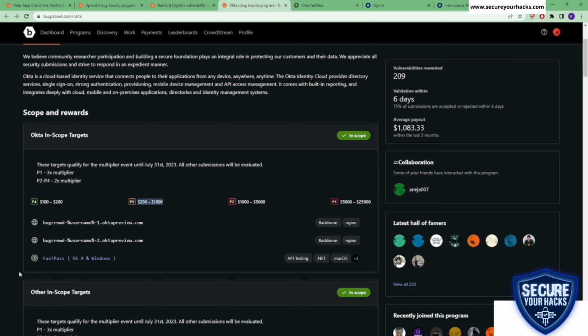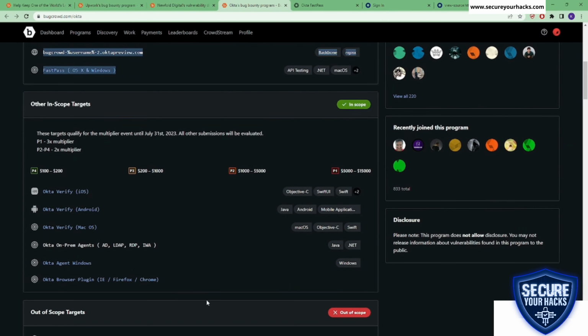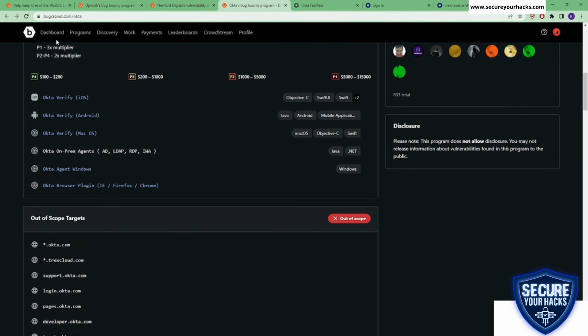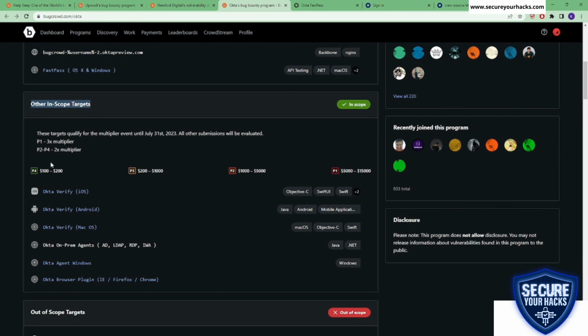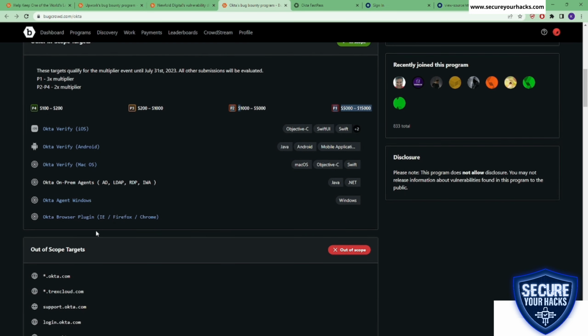You won't be getting less or more than these. So this is the other in-scope targets that the company has defined. Here you can also find the P1 to P4 classification that we discussed in the above section. So we have some more in-scope